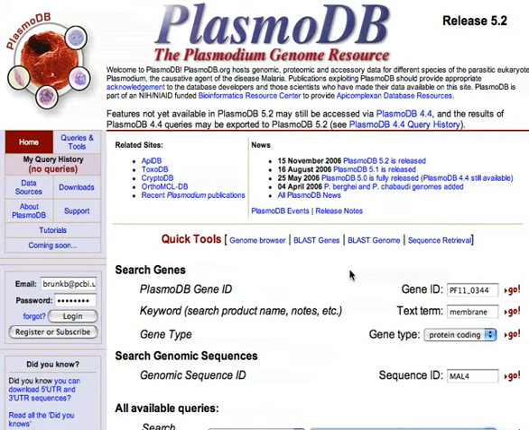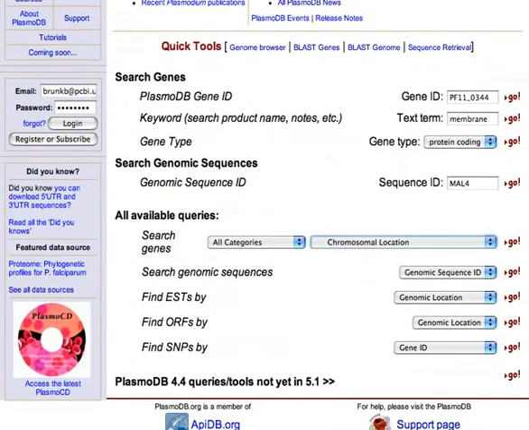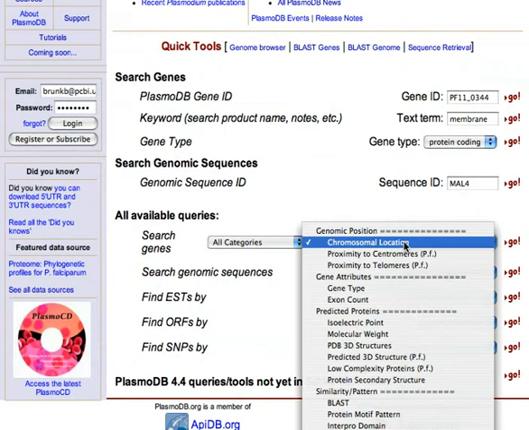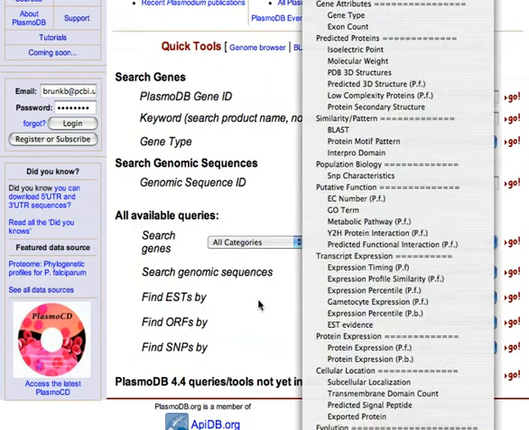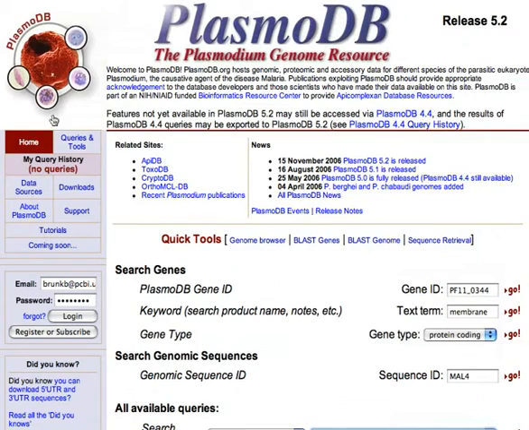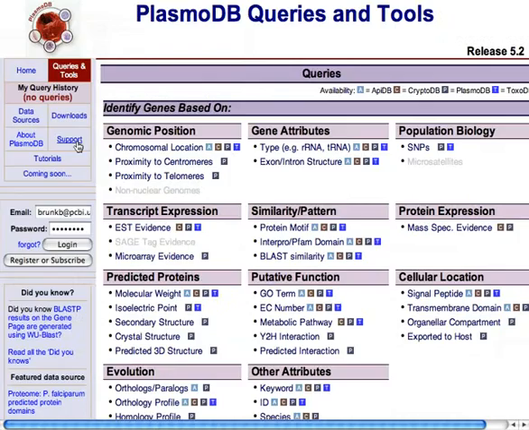In this tutorial, we'll talk about the queries that are available in PlasmoDB. One way to get to the queries is to go to the bottom of the front page, and you can see that we have drop-down menus that have long lists of queries on them. A much better way to get to the queries, however, is to use the Queries and Tools link in the